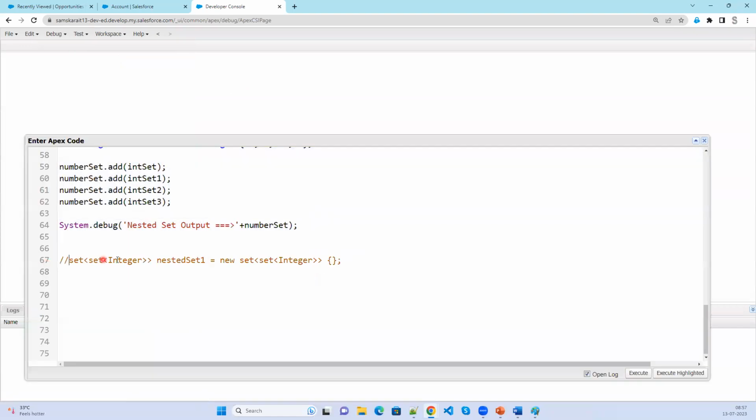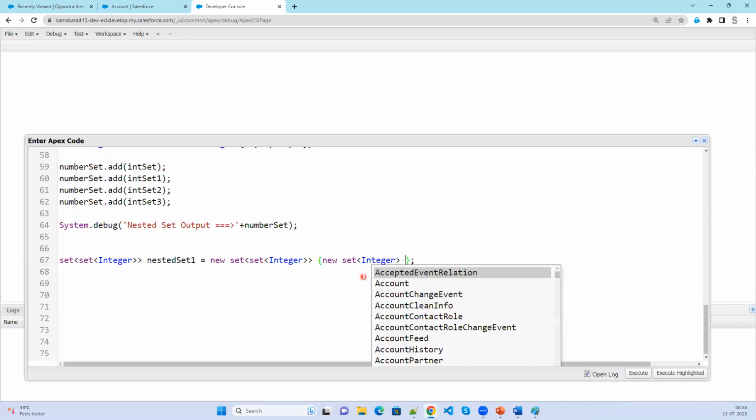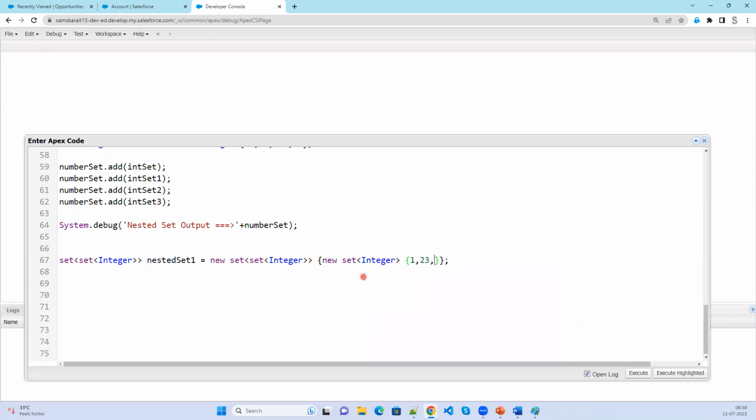Yes, ma'am. Let's go for initialization of nested set 1. Here I am going to specify a new list of new set of integer, and then I'm going to specify 1, 23, 12. Again, I'm going to specify new set of integer. Then I'm going to specify 2, 34, and 2. Then a new set of